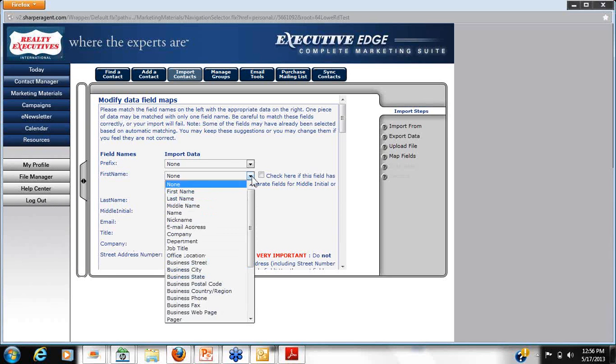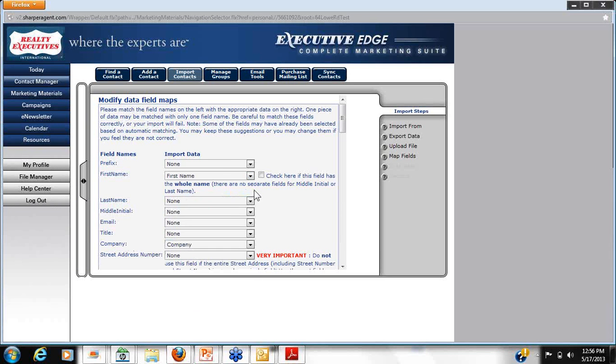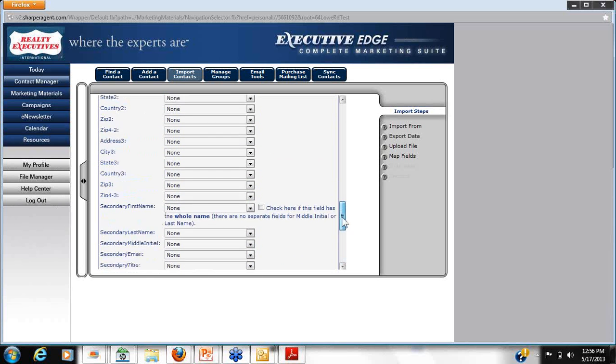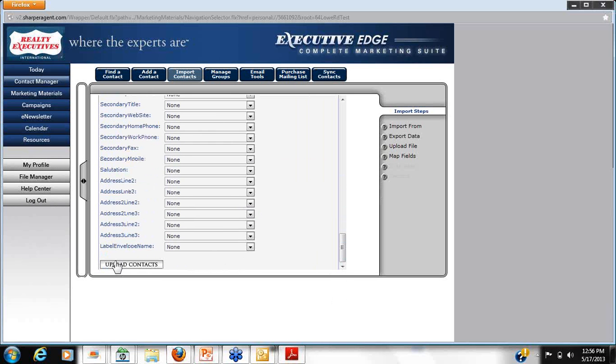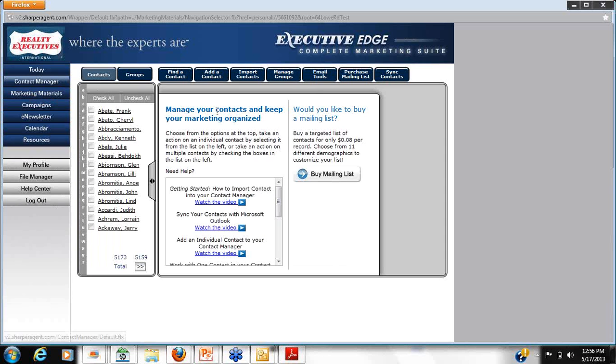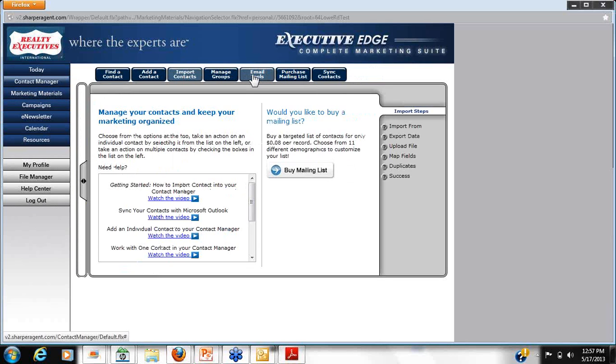And you match your fields. So this is a first name, and you click it to first name and last name, and then you just follow, move down, follow the upload contacts. You know what? I'm going to do it reluctantly, but hold on one second. I am actually going to go back out just really quickly and create a group so that I know I can just go in and create and delete that group once I get in there. So let's go back to my import contacts,